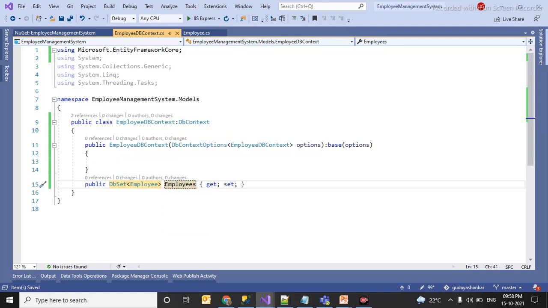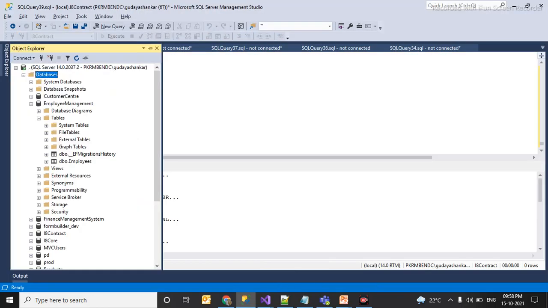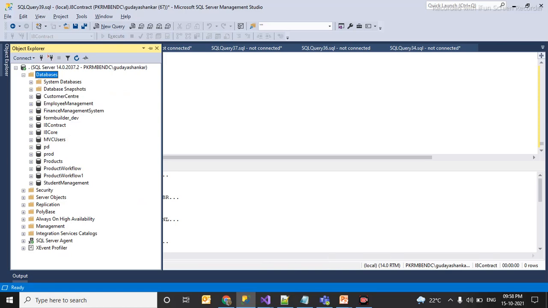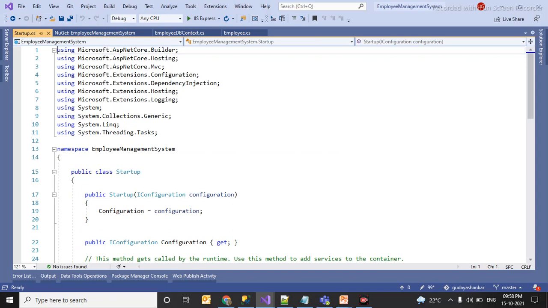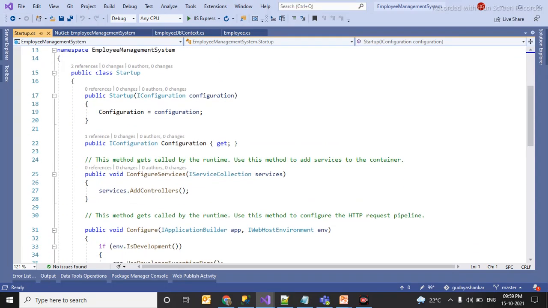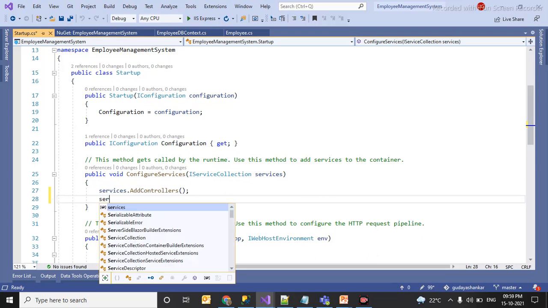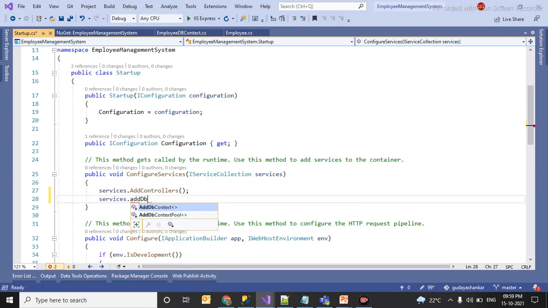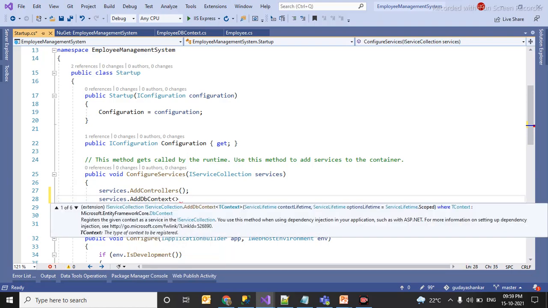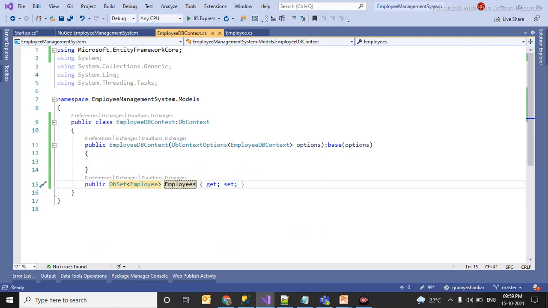Now let me go and create my database. In this server I do not have employee management system, so I will create my new database, employee management system. For that you have to use Startup.cs. In that you have to include your services. Services.AddDbContext, which is of type my employee DB context.